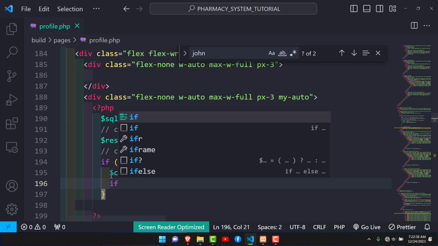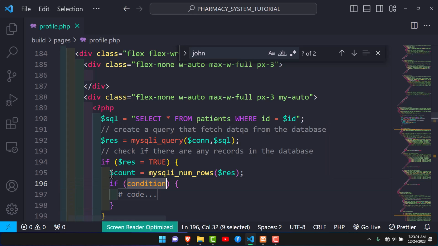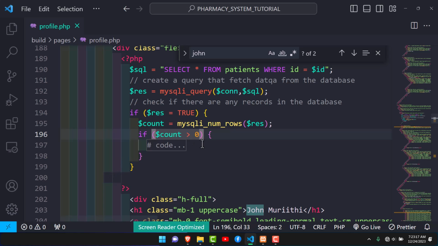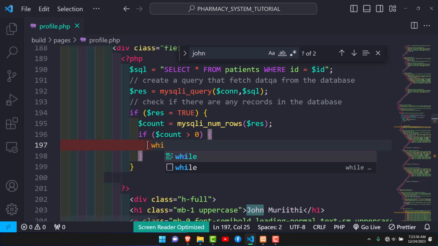So what we're going to do is create another if statement, whose condition will be checking whether the count is greater than 0. So if it is greater than 0, therefore we can fetch the information. So the code for if that is greater than 0 will be the while loop. So we're going to create a while loop so that it goes through the whole table and fetches all the information that we are going to have there. So I'm going to have the while,